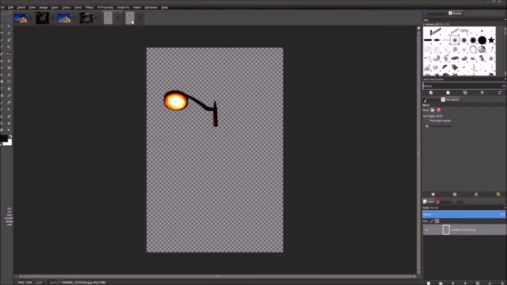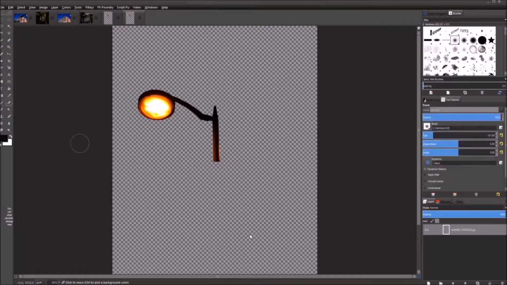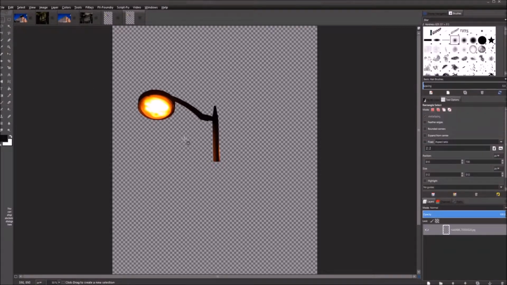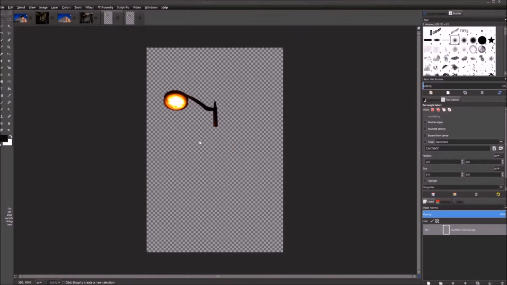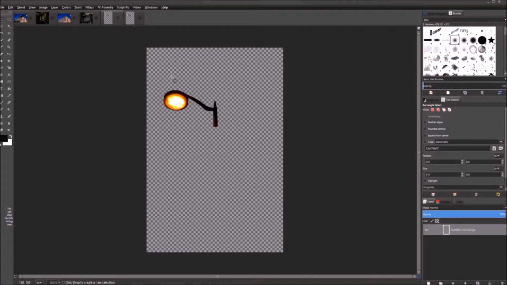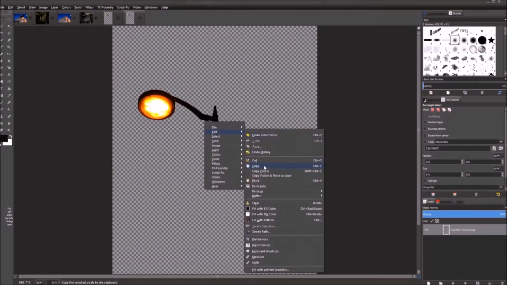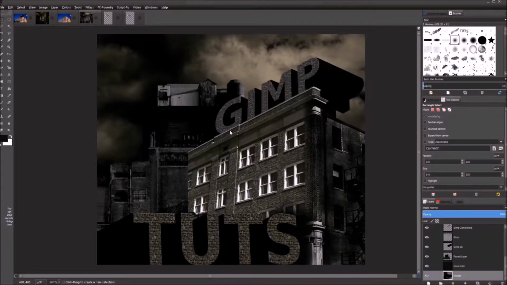See, pretty much the same as this one. I might have made this one a little bit longer, so I just take the rectangular select tool and just go like that and hit delete and press Control Shift A, and there you go. That's what we're going to use. So you can either edit, right click, copy. Oops, wrong one. Edit, right click, edit, copy, and then come back over here